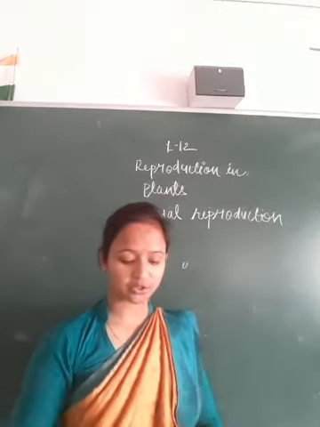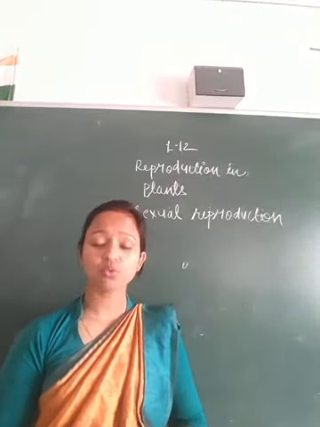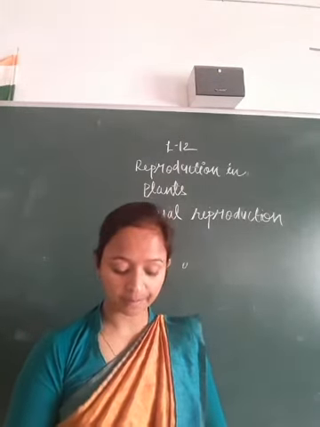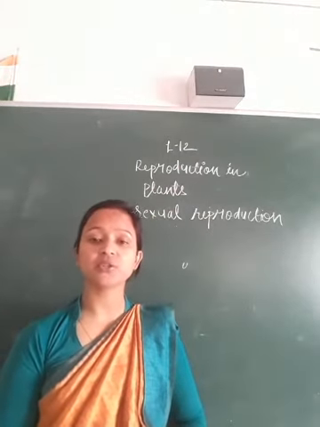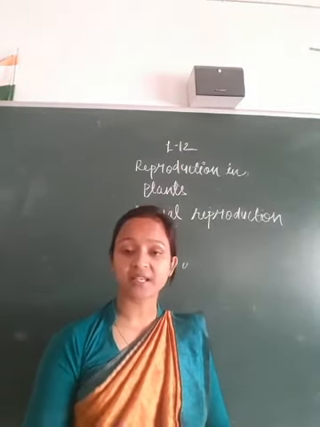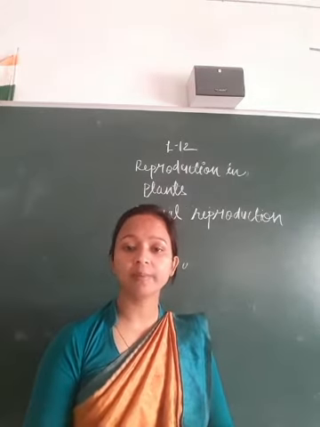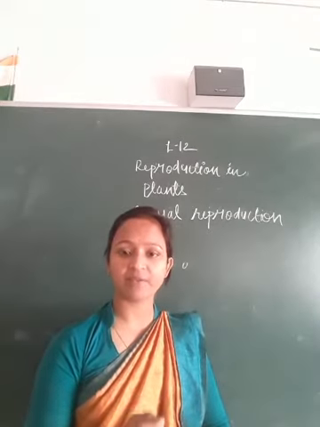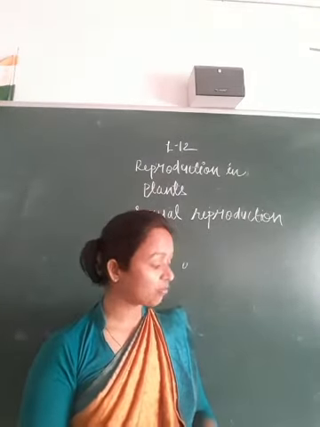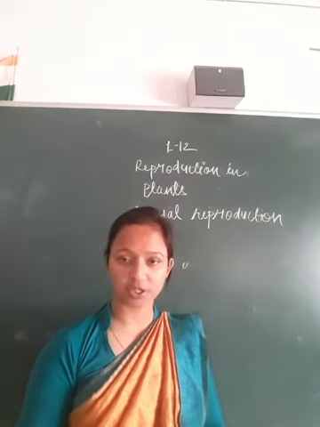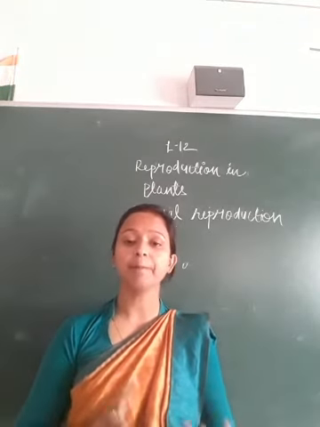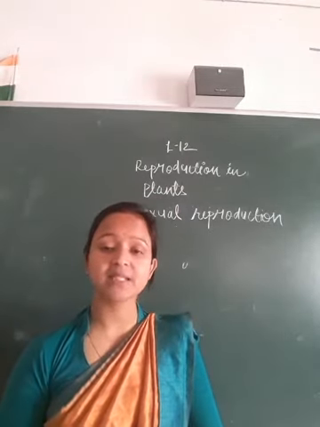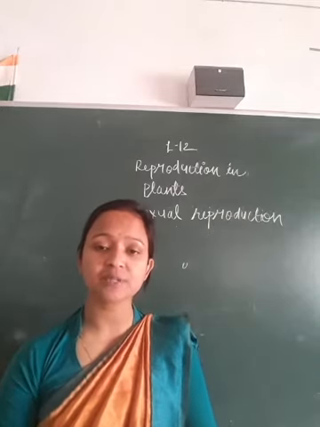In nature, sexual reproduction occurs in plants as well as in animals, and it is the most common method of reproduction. Two parents, one male and one female, are required for sexual reproduction. In sexual reproduction, males and females produce two types of reproductive cells called gametes, meaning male reproductive cells and female reproductive cells.